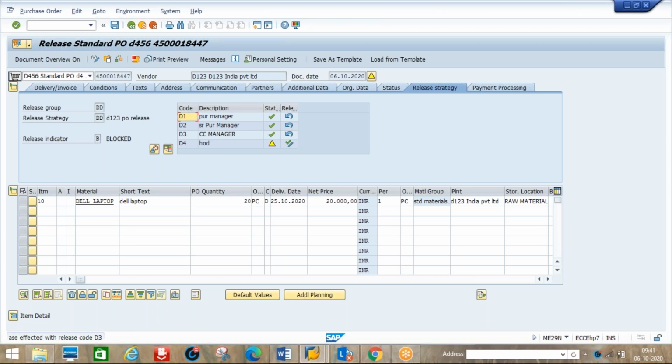See now here still the indicators are blocked till these three people. When the fourth person approves, then automatically the release indicator is released, because still approvals are pending. So that is the reason the release indicator is blocked here. Now see, now its status is released, because based on approvals the managers have approved. Now if we save,